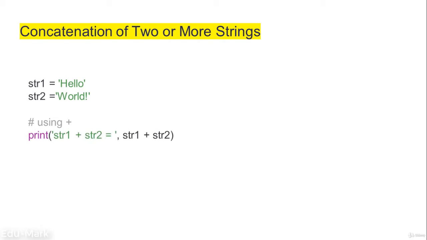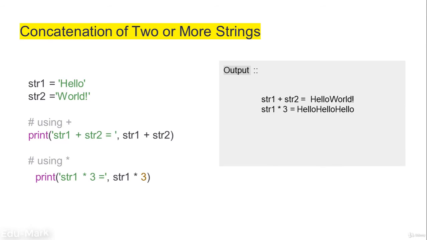Concatenation of two or more strings. Joining of two or more strings into a single one is called concatenation. The plus operator does this in Python. Simply writing two string literals together also concatenates them. The star operator can be used to repeat the string for a given number of times,